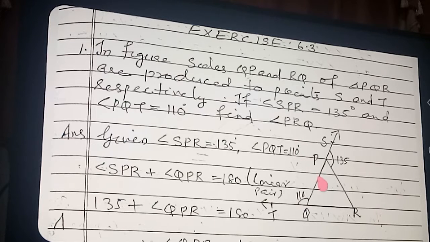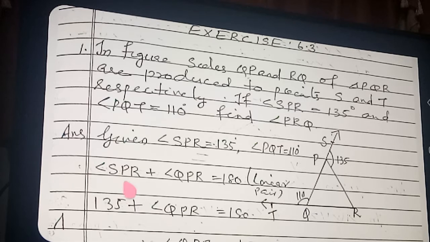First, try to find it yourself, if it is possible for you. You know what is meant by linear pair, you know the sum of all angles is 180, and you know the exterior angle. All these properties are what we apply in the sums. Think yourself: read the question once more and analyze what is given and what we want to find out. Think about these points properly so that you can do it easily.